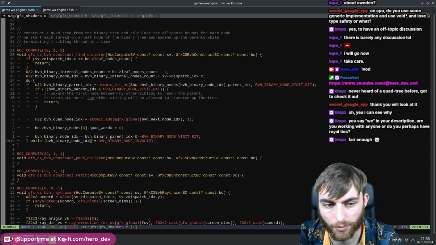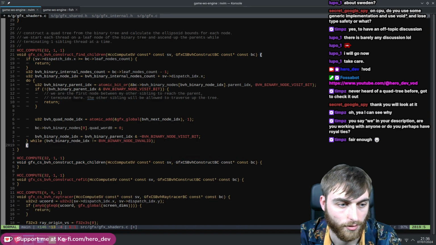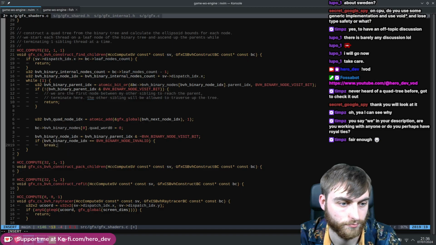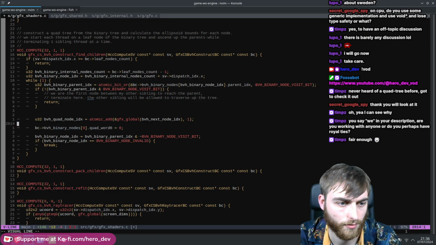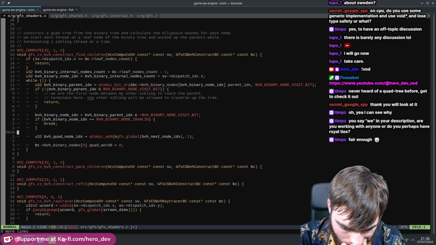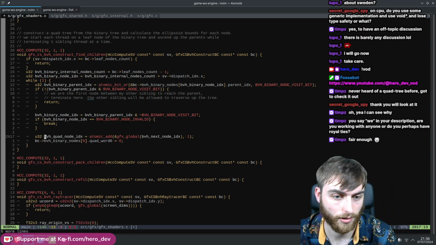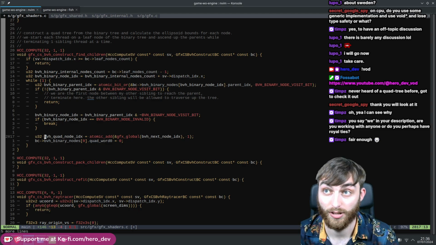Yeah, I think I need to get rid of this do while loop. I did say this, I'll end up getting rid of this do while loop. It always happens. Scary. So if invalid, fail. So I think when you go up to the parent, then you allocate that quad node index for the parent, so it can assign